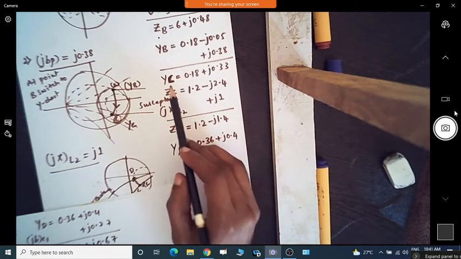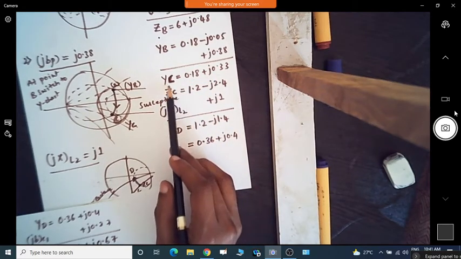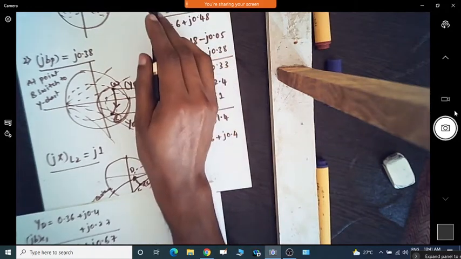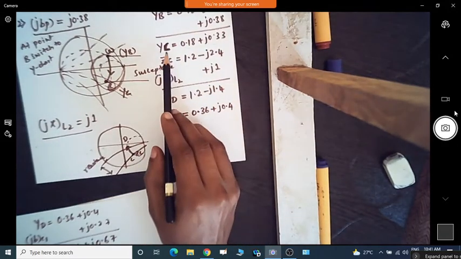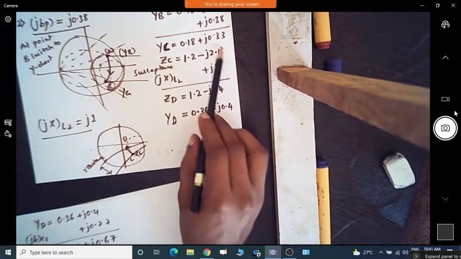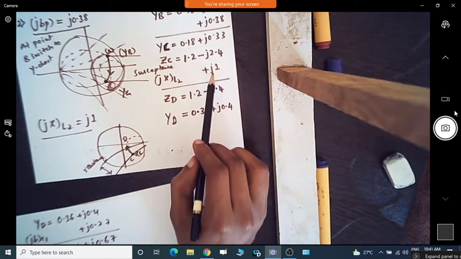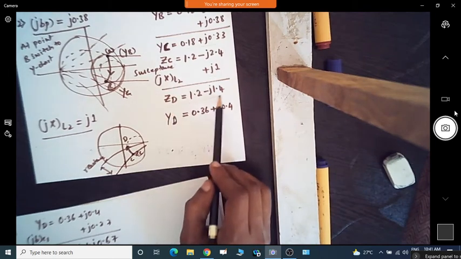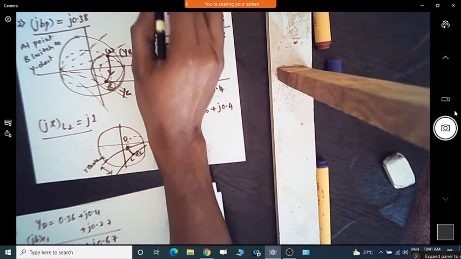Okay, so once we get the admittance value, we have to find the impedance because we need to add again the inductor. After capacitance C2, we need to add the series inductor. So that's why we need to again find the impedance value at point C. Now at that point C, this is the impedance value. For this impedance value, we can directly add the reactance of the inductor L2. So after adding, we get the new point where we have the impedance, after adding this inductor L2.